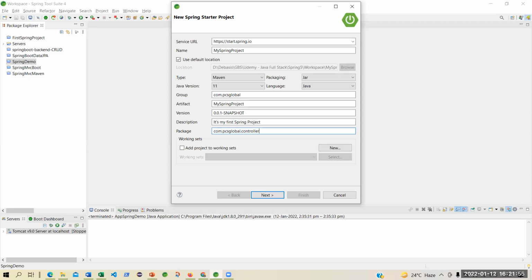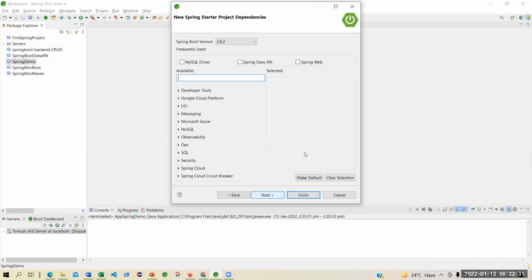Okay, so this is the package. But for the time being, I'm not going to create anything like this. I'm just keeping the group ID and the package as the same. That means I'm in the root folder. I want to keep all my files, whether it's an entity file or a controller file or a model file or a DAO program, doesn't matter. I'm not organizing them. I'm keeping them in the same root package. And you don't have to do anything. You just say next. Okay.